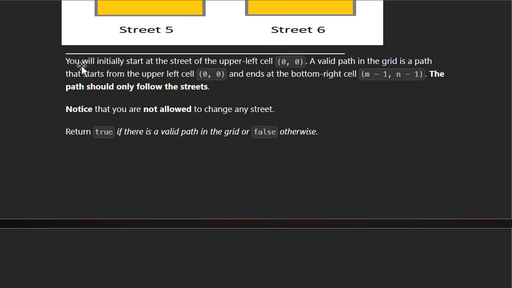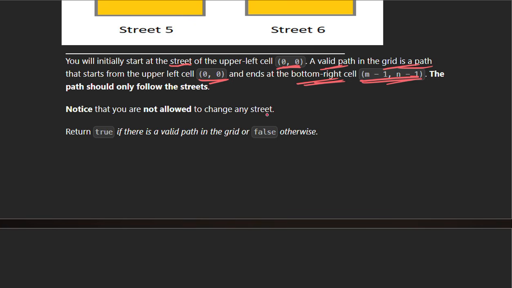Initially, at the start of the question, we are at 0 comma 0. We have to find a valid path in the grid that starts from the upper left cell, 0 comma 0, and ends at the bottom right cell of the grid, which is m minus 1 comma n minus 1.